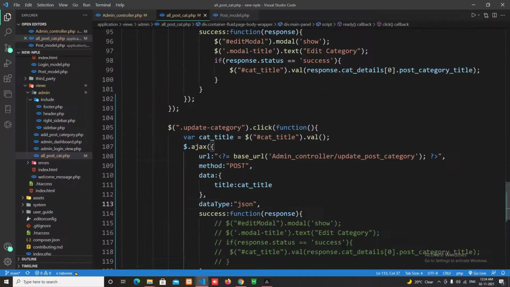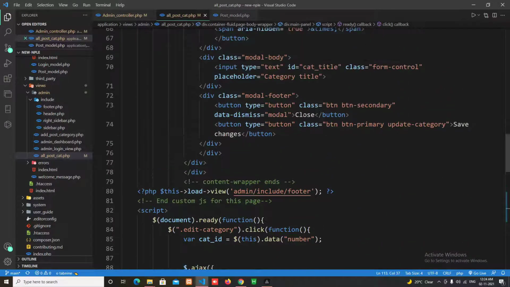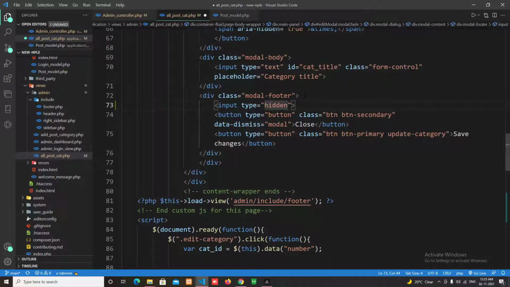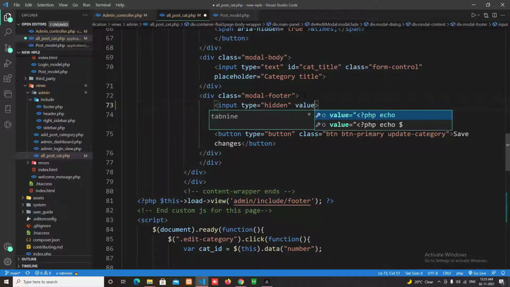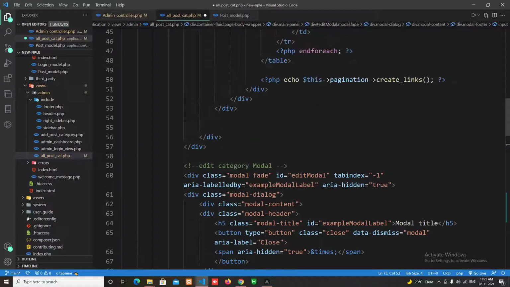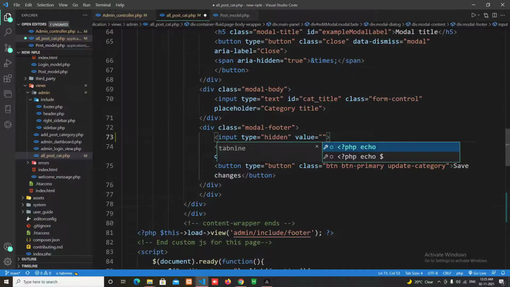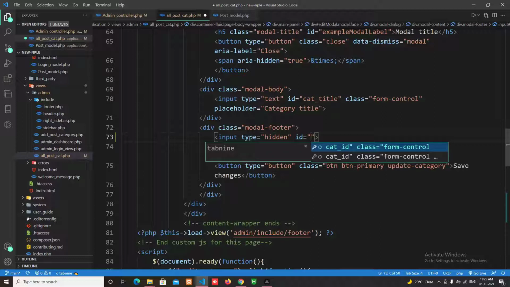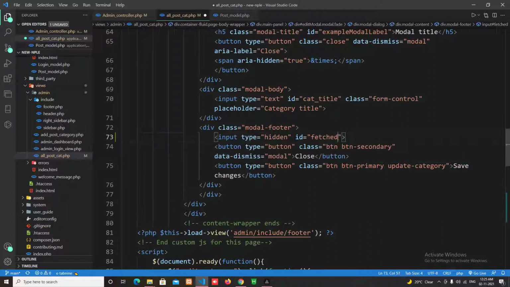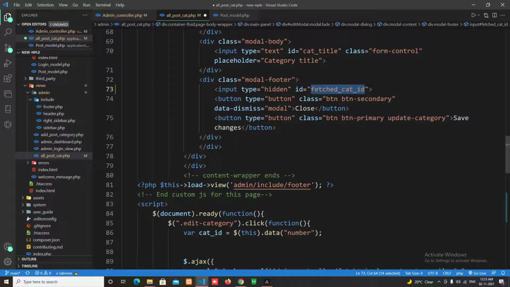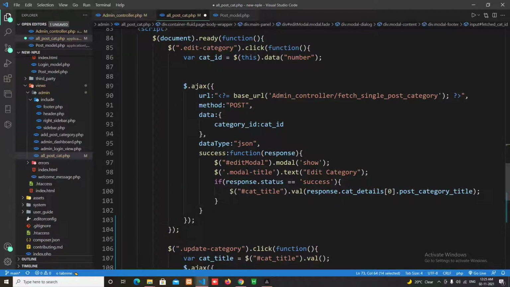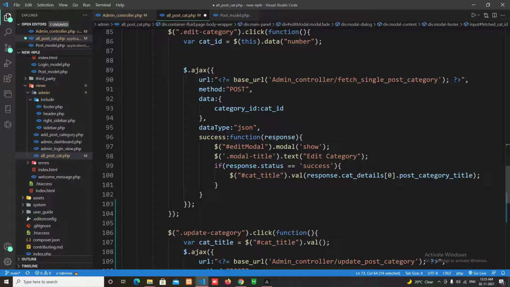So in the footer of that model, I also take a hidden input field. So input type is hidden, and I set the value of ID. Okay, I just id equal to fetched underscore cat underscore id, and I copy this id, and I'm coming back to my edit category function where I fetch all the things. And when you get success,